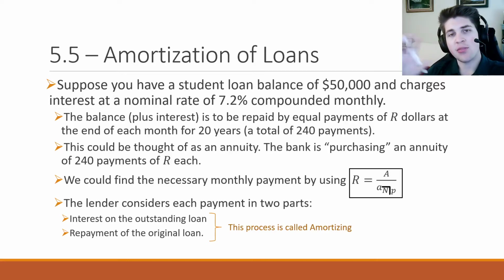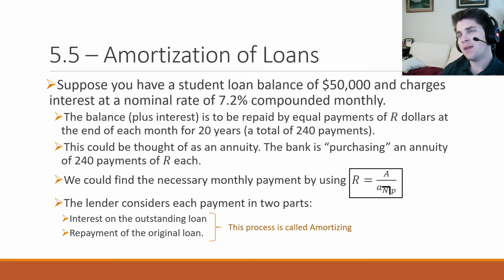Now that we've gotten through the section on annuities, it actually makes the idea of what we call the amortization formula quite a bit simpler. So the amortization formula is a formula for loans, which is typically what people use to calculate the necessary monthly payment to pay off a loan in time. So, say for example, you borrow $50,000 from the bank to go to school or to